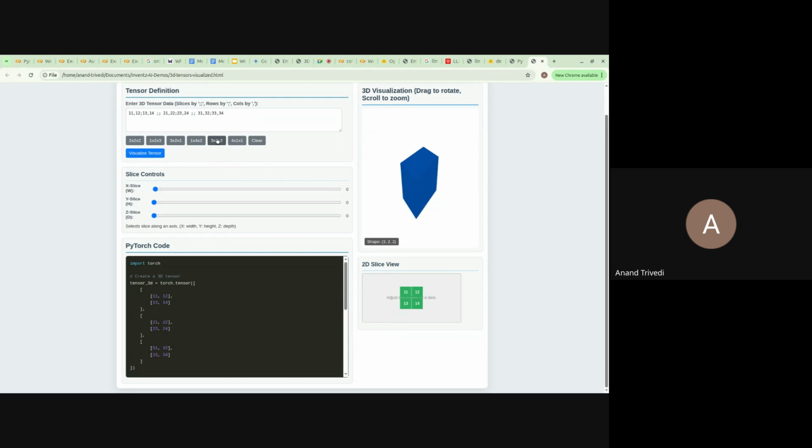Now here you see it is 2 comma 2, but it has 3 slices. And where are those 3 slices? Slice 1, slice 2, and slice 3, right? These 3 slices are stacked together, so this forms a 3D tensor or 3D array or whatever you wish to call it.